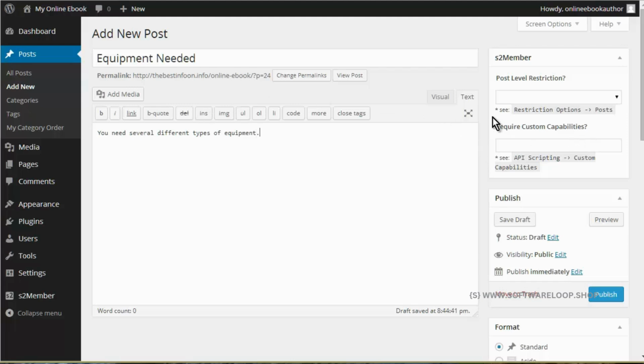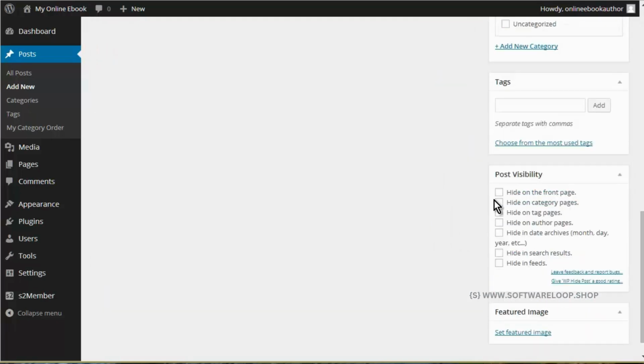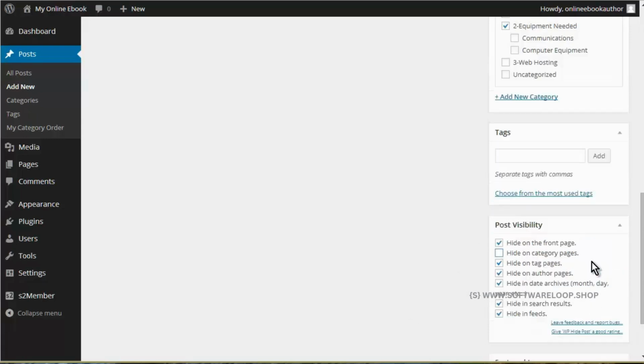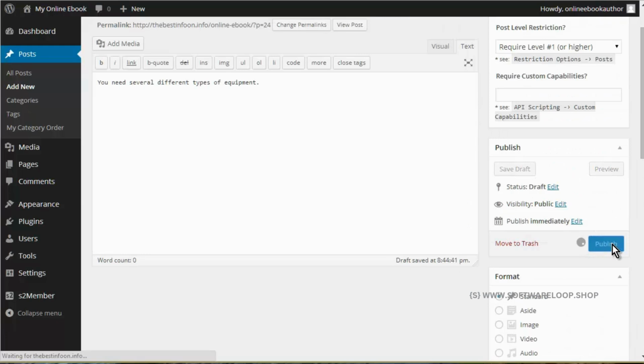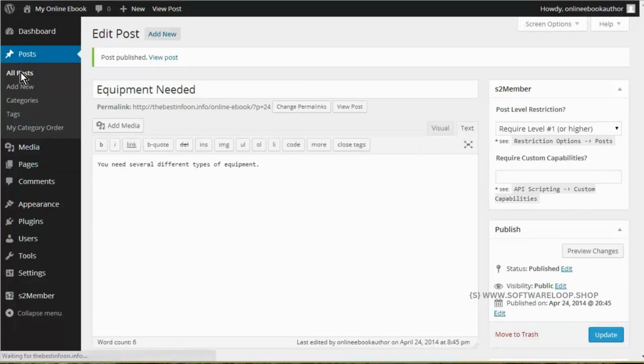So now we will set this again. We need to set that for level 1. And then we need to hide all of these. Actually, we shouldn't be hiding it in the category view. So let's unhide that in the category view. Same with all the other ones. If we hide them in the category view, we won't be able to see it when we set up navigation by category. So let's go back to all posts,